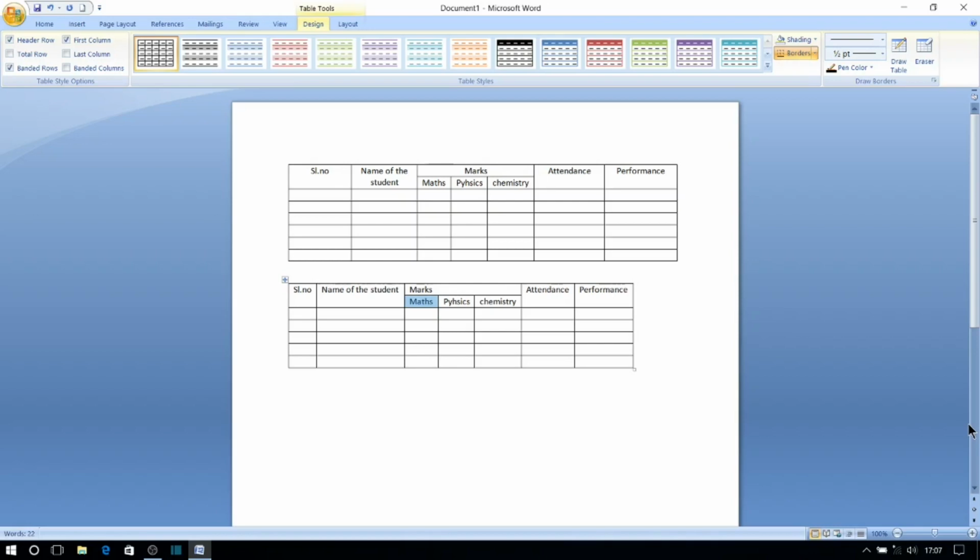So this is the procedure we have to follow in insertion of a row or insertion of a column or dividing a single column into number of columns as we desire to present our data in a proper manner. Here also these data contents can be formatted as done in the first table.